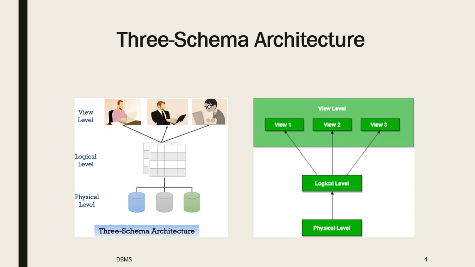The view level shows you how the data can be used for different purposes by different users. For example, in a college, you have a student database and there are a number of departments as well. You have the accounts department, the library department, and the faculties. Now, the teachers or faculties are concerned with your roll number, whether you have given the assignments, whether you have passed in a subject or not.